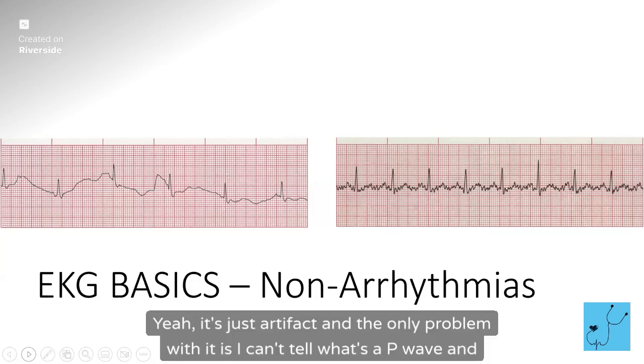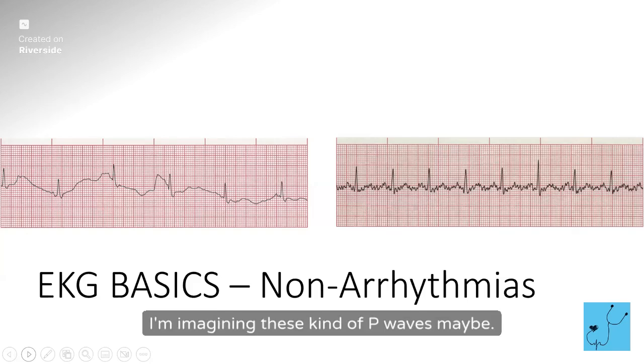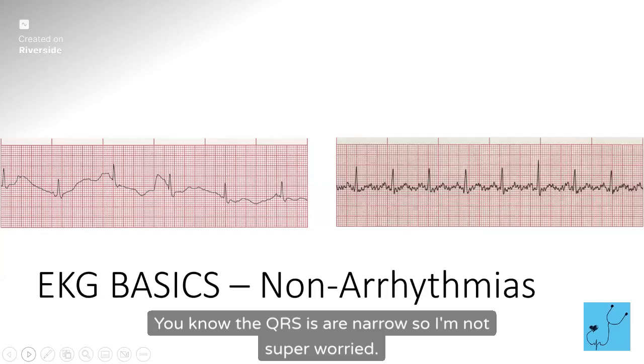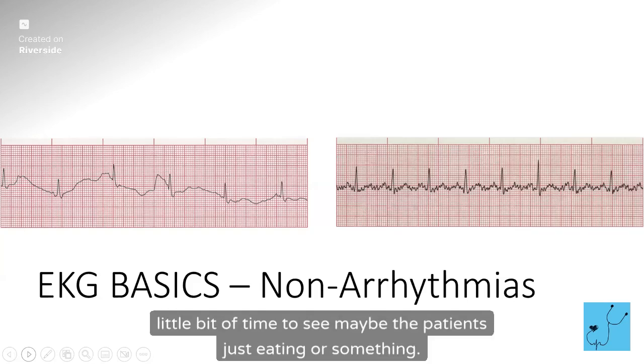Yeah, it's just artifact. The only problem with it is I can't tell what's a P wave and what's not. In my mind, I'm imagining these kind of are P waves maybe, but how do you really tell? It's just so wiggly, you know? The QRSs are narrow, so I'm not super worried. The rate kind of looks okay. But I would give that a little bit of time